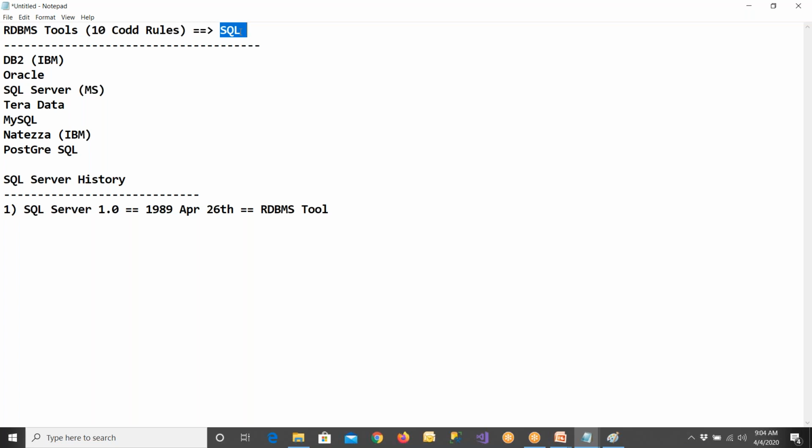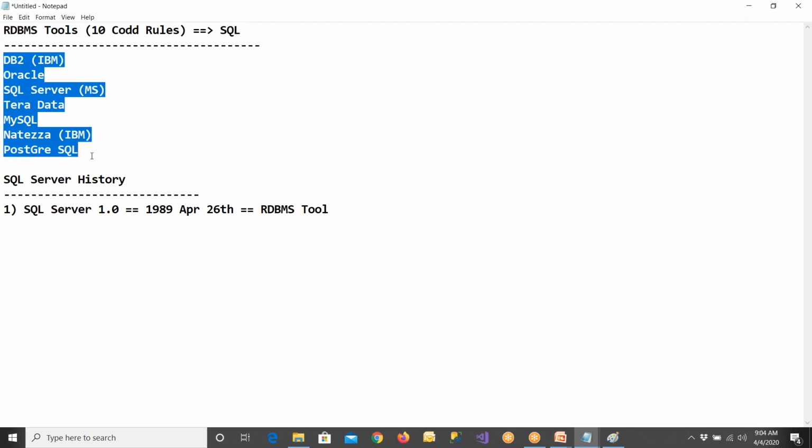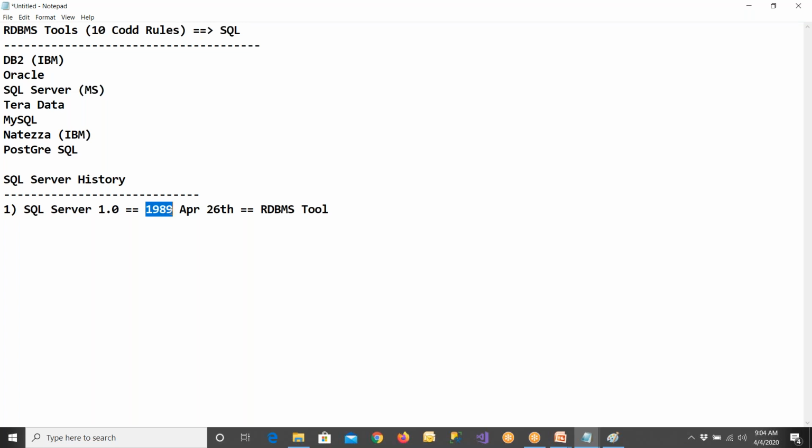C, C++, Java, .NET, SQL, all of them are languages. Oracle, DB2, SQL Server, all these are softwares. Be clear on this. So 1989. This is purely RDBMS software. Then we got a lot of versions, 3.0, then 5.0, then later 7.0. Then SQL Server 2000 got released in the year 2000. Then later SQL Server 2005 came in 2005. In this, Microsoft added one more thing, MSBI.